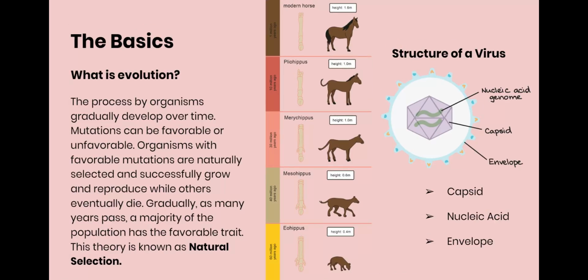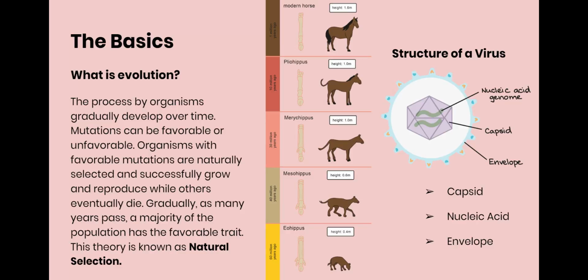First, let's get into the basics. What is evolution? Evolution is the process by which organisms gradually develop over time, so they can have mutations which can either be favorable or non-favorable. Organisms with favorable mutations are naturally selected and successfully grow and reproduce while others eventually die. Gradually, as many years pass by, a majority of the population has a favorable trait, and this theory is Darwin's